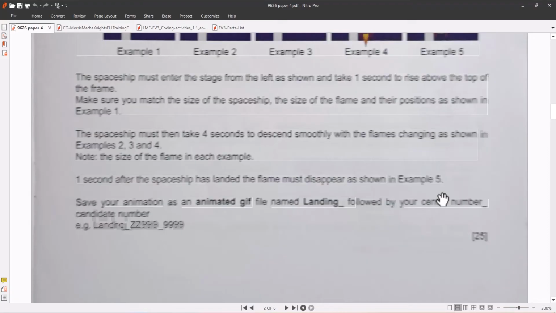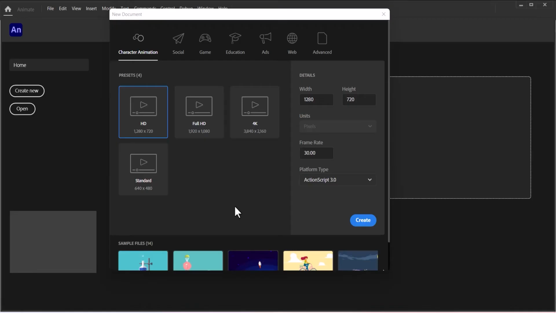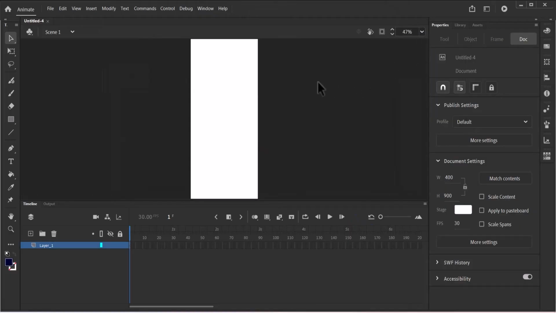Save your animation as an animated GIF file named landing, followed by your center number and candidate number. So here we are in Adobe Animate, and we are going to begin by creating our stage. The width should be 400 by the height 900. You go to the size of the stage and click on Fit to Window,